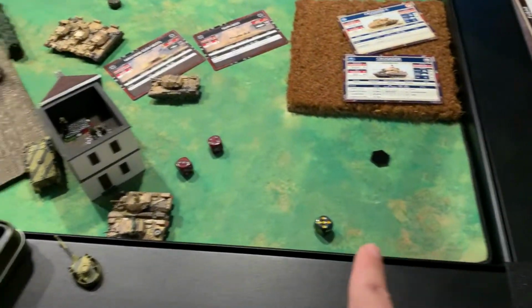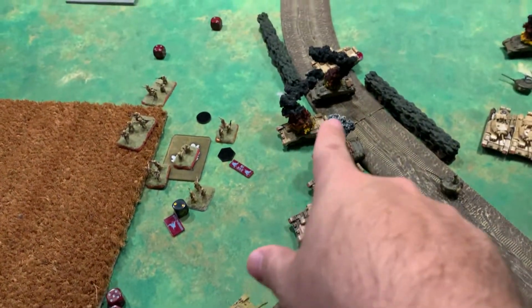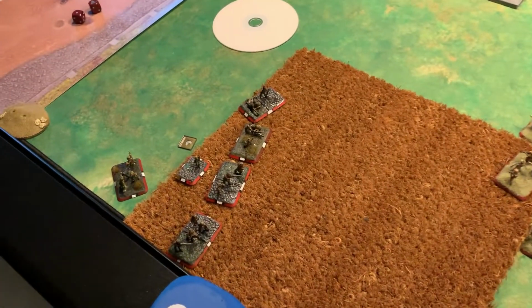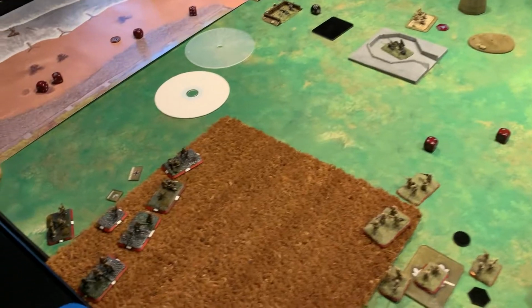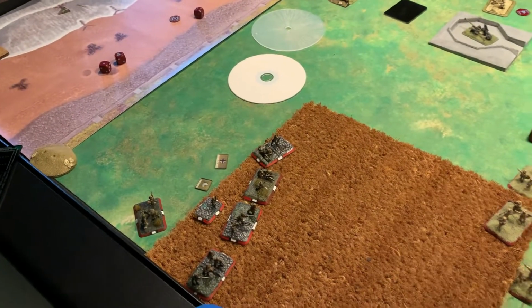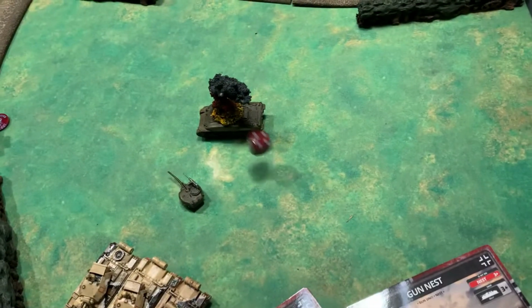Okay, so his HQ came in off the corner, went into the house. His tanks moved over here, killed an HQ, bailed out the other HQ tank. These guys dug in, and they dug in because they're pioneers. The other guys got pulled off, and they didn't shoot. So we're going to bottom turn 8. So see if my HQ guy gets back into his...